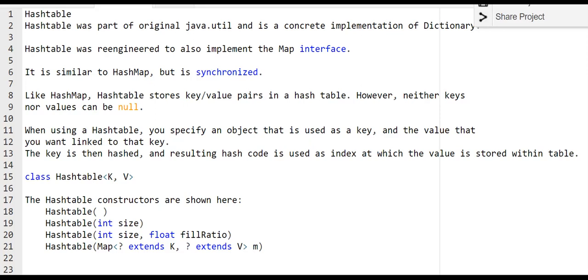So the fourth version is the creation of a hash table from the existing set of a map. So hash table defines many methods apart from those that are present in the map interface. So we shall look into those methods.